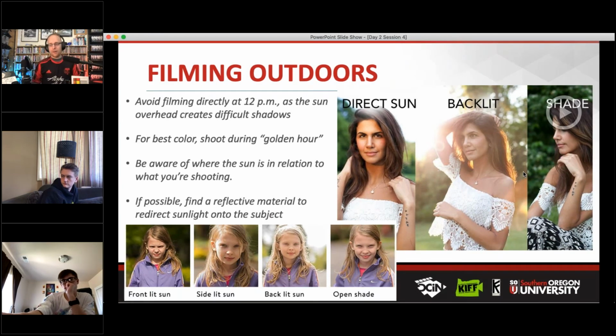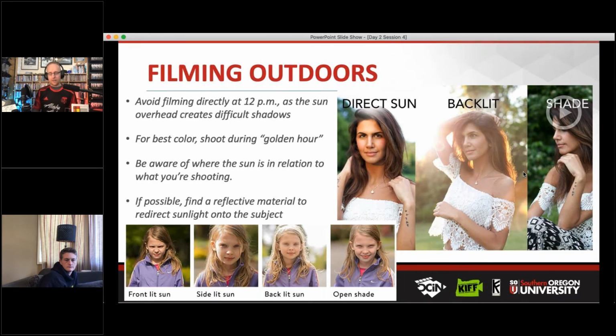A few thoughts about filming outdoors. You really don't want to film around noon. The reason why is because you end up with that directly overhead look where all of the shadows in a person's face come out. Like Andrew was talking about, as far as filming settings and times to film and being aware of your location,